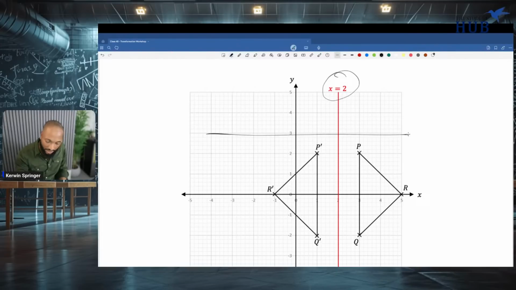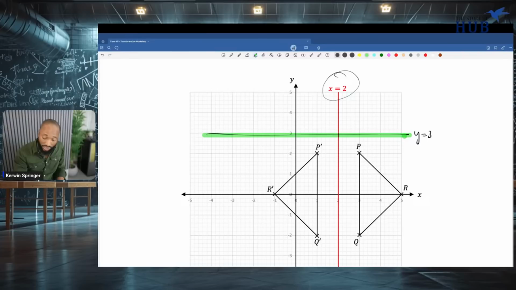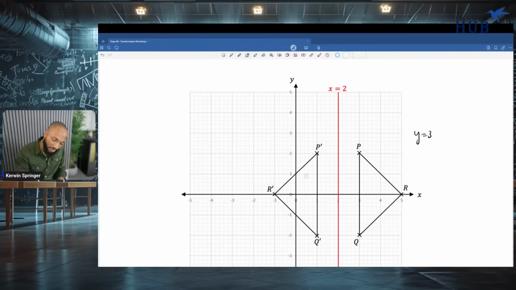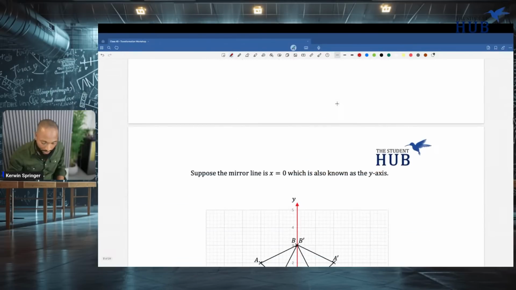If the line is horizontal, you'll call it y equal to 3. Why do you call these vertical lines and horizontal lines y is equal to 3 or x is equal to 3 or x is equal to whatever number? Because it's literally the line where x is forever going to be 3, or y is forever going to be 3 on this line. X is forever going to be 2 on every point on that line. So if you have the image and the reflection, you can just count in this case. Yes, 1, 2, 3, 1, 2, 3. Of course, don't go and construct unless they want you to construct it. Just count if you have to count, and you're good to go.